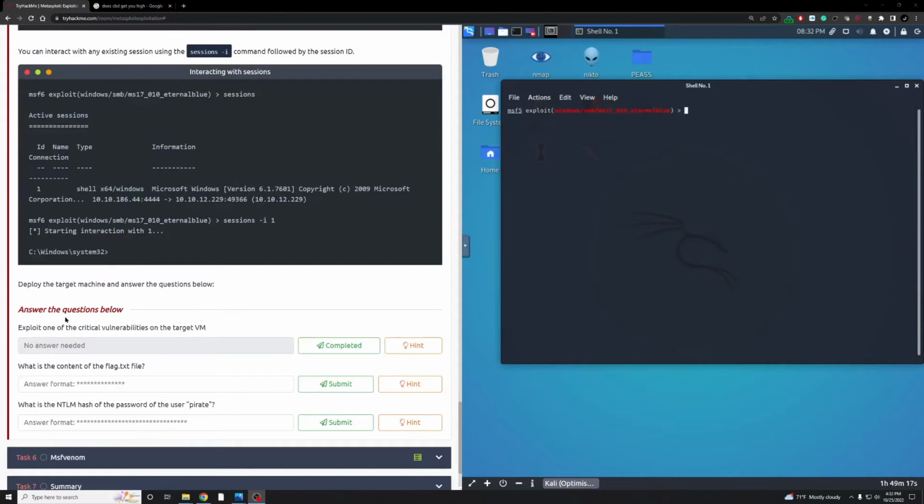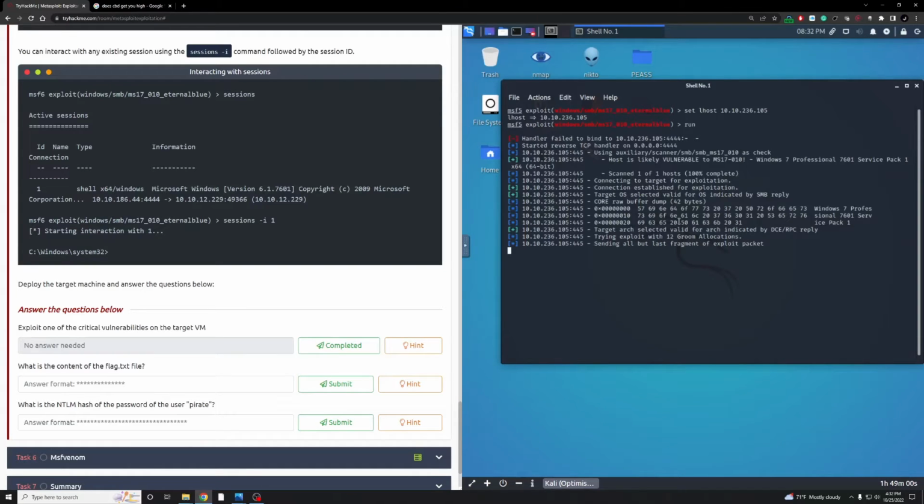Okay, first question. Exploit one of the critical vulnerabilities on the target VM. So I cleared my machine. I know when I ran lhost and we ran it, it gave an error before. So I did the set lhost and I put set rhost. Let me stop this just so you can see. So we set rhost to the target machine. And now when we run,